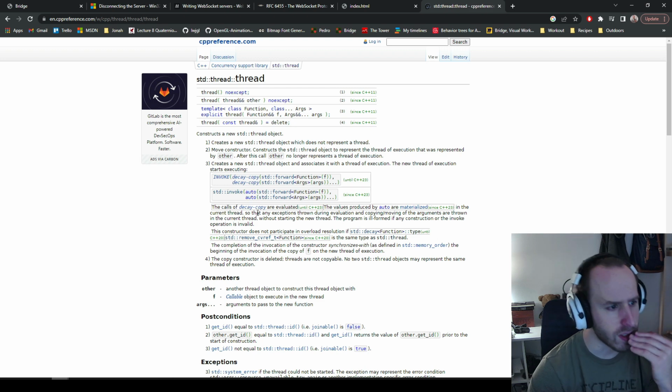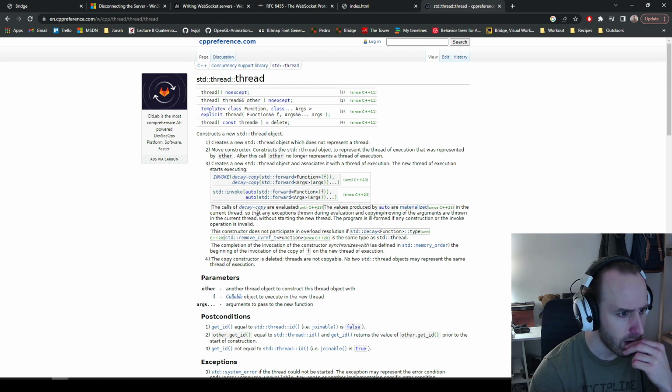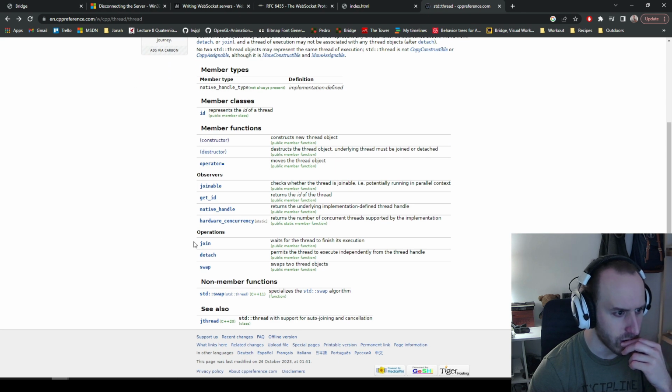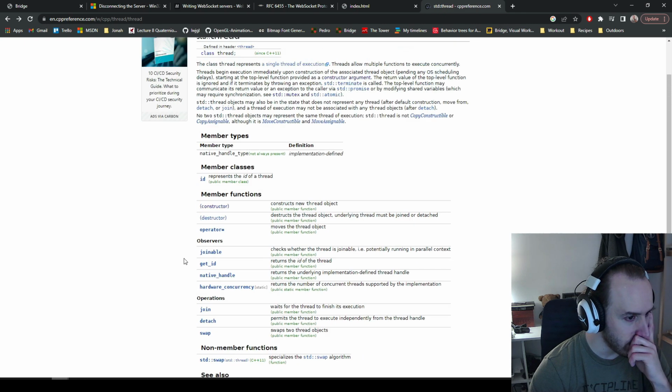Waits for thread to finish execution. Permits the thread to execute independently from the thread handle. Okay, so I think